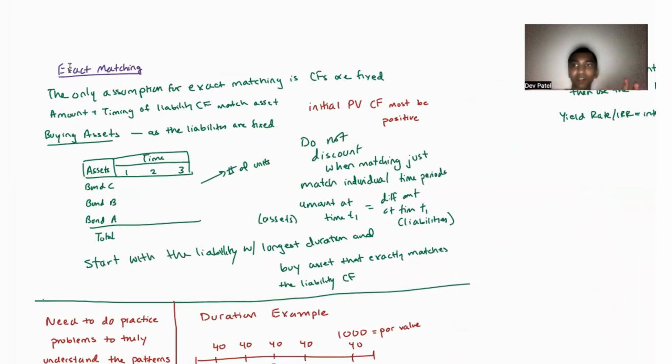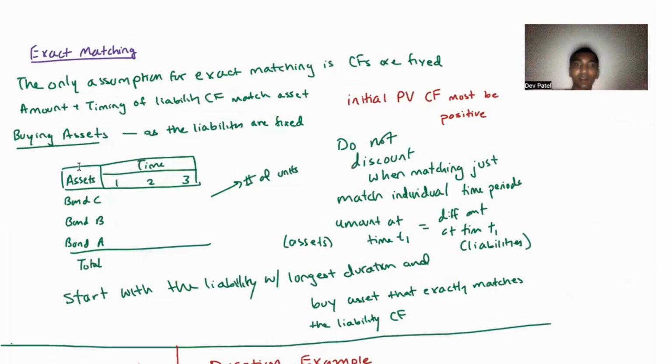So you can have spot rates, different spot rates. And here, what we really want to get at is that the amount and timing of the liabilities' cash flows match that of the assets. So what we're doing here is we're taking, and if you don't want to draw this